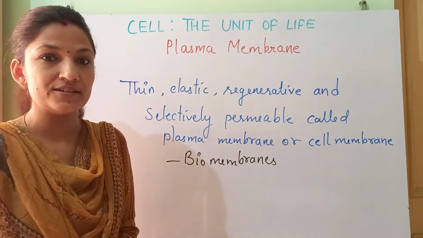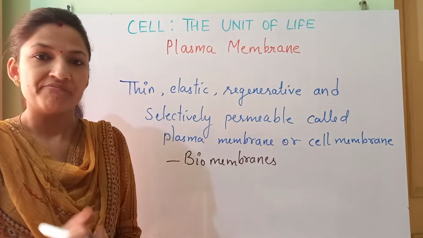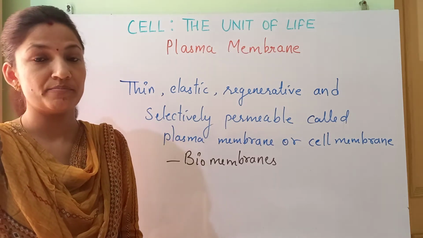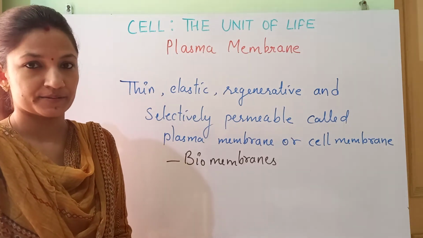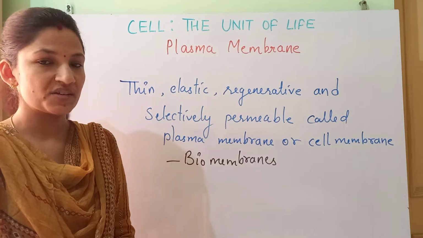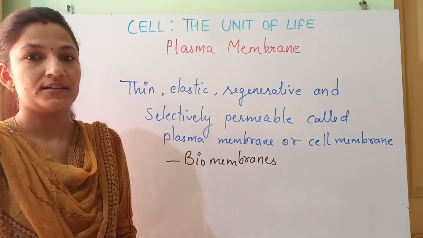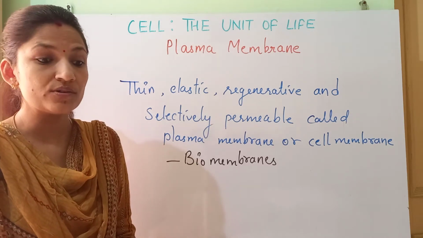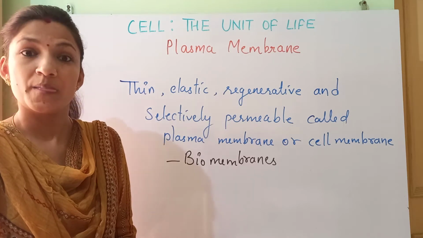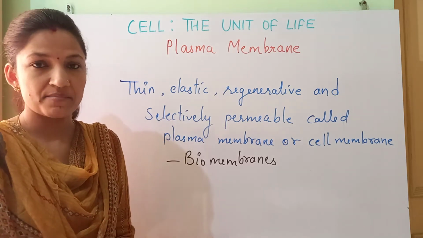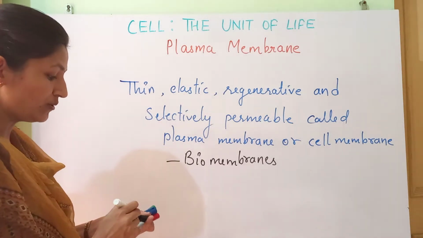Another model was proposed by Robertson, the unit membrane model, which states that all the membranes are structurally similar. Fine, those statements were correct. But the detailed explanation about the structure and arrangement of the molecules in the plasma membrane was explained by two well-known scientists,